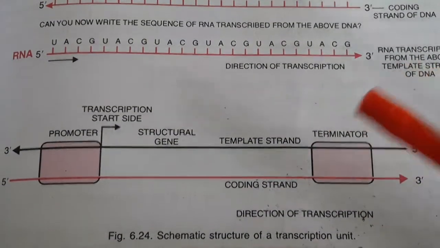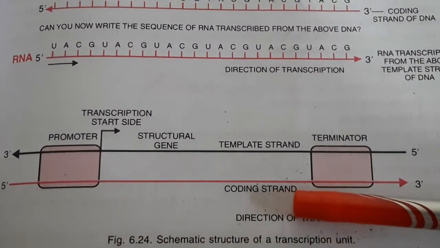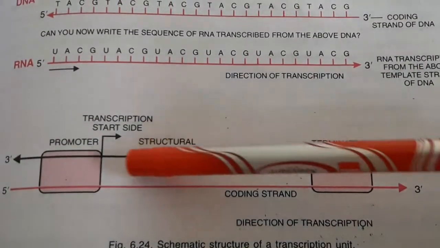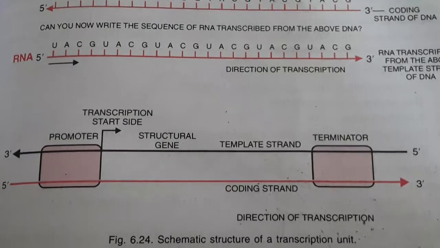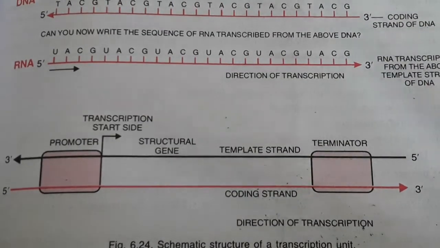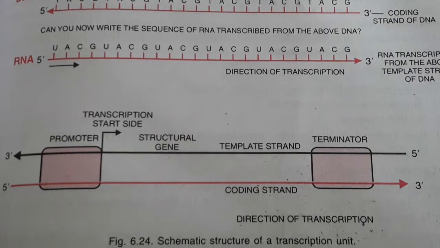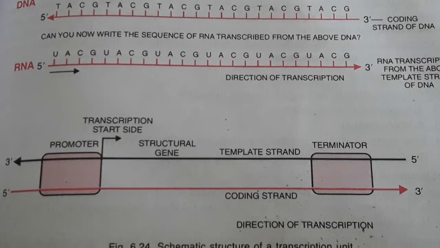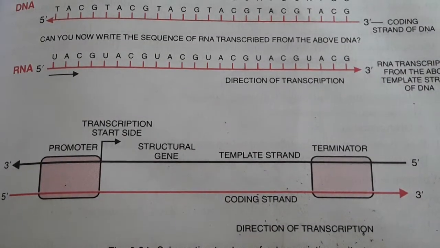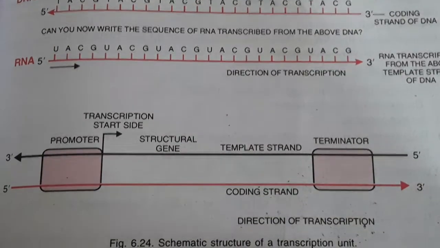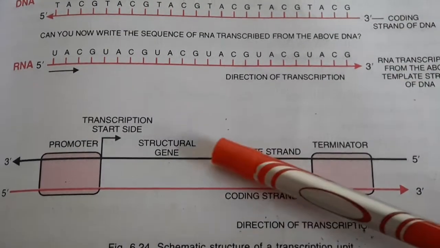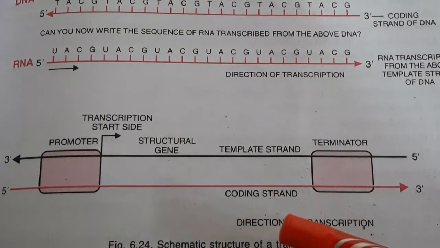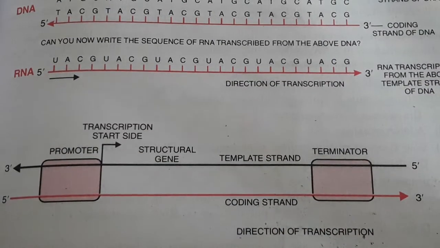Okay, then next we come to the structural genes. The structural gene is the area in the template strand, so this is the template strand, the area which is involved in the transcription, that is the RNA formation process. It is of two types. One is the monocistronic structural genes, which are present in eukaryotes and carry information for the synthesis of only one polypeptide. One polypeptide, that means the protein, isn't it? So they will only help in synthesis of one chain. And the polycistronic structural genes carry information for synthesis of more than one polypeptide chain,